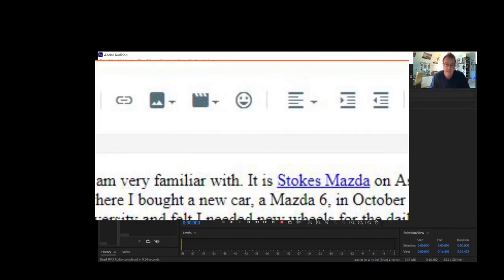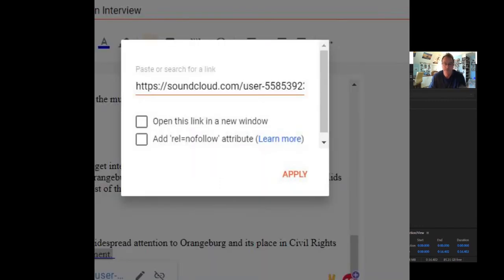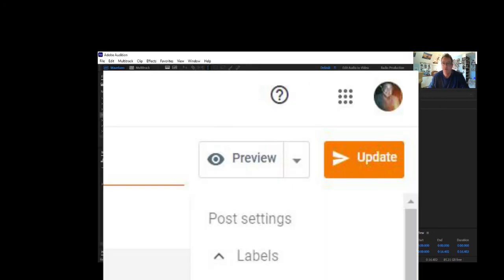So I'll highlight it, and then I go here to the link tool and paste in that link, SoundCloud, and then apply it. Okay, and then I'm going to go over here to, oops, my image is blocking it. So I'll do update,